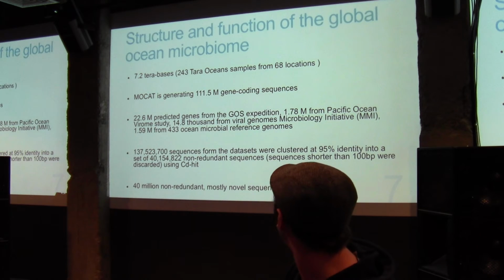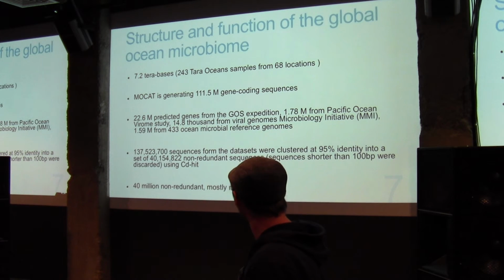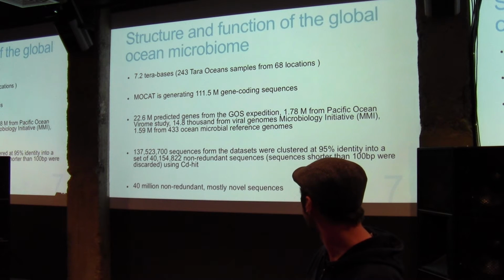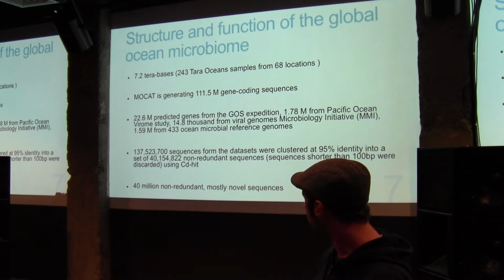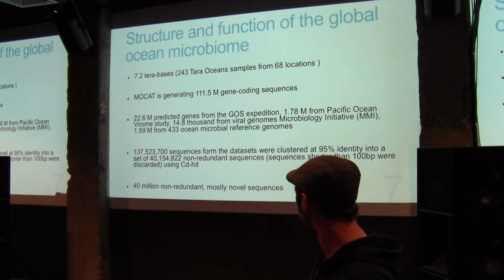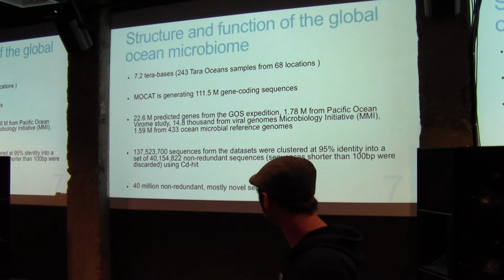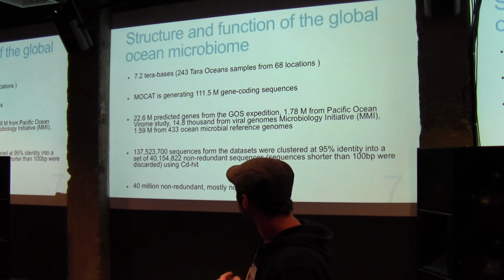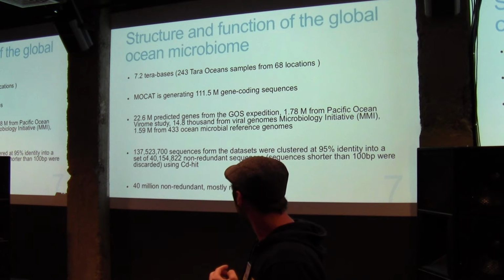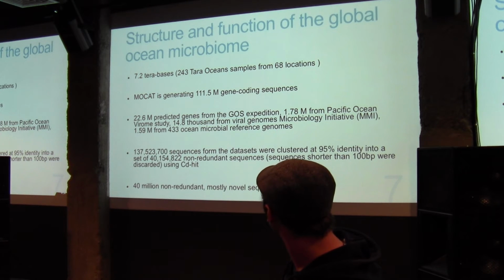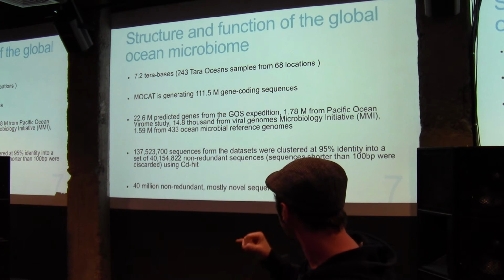And there was a paper published last year, which is a gene catalog of this Tara Ocean data. What they did, they tried to create a reference gene catalog, so they want to know what is the diversity of the ocean. So what they did is they used seven terabases of these samples and created with MetaCluster